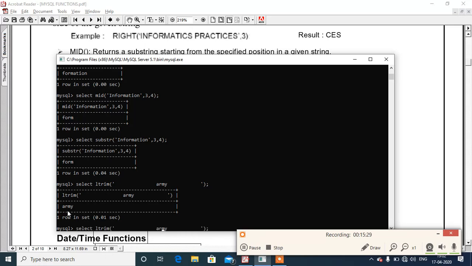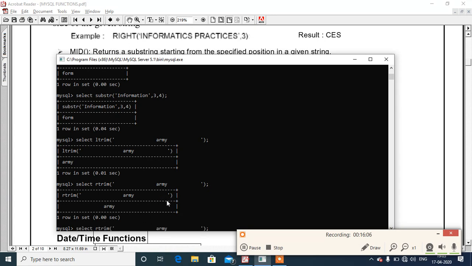Now if in place of it we are using rtrim, we will get this result. The starting spaces will be there, but trailing space will be removed. But if you closely look at it, you'll see there are spaces after the army also. Actually the space is removed, but the space is shown because the column name is too wide.